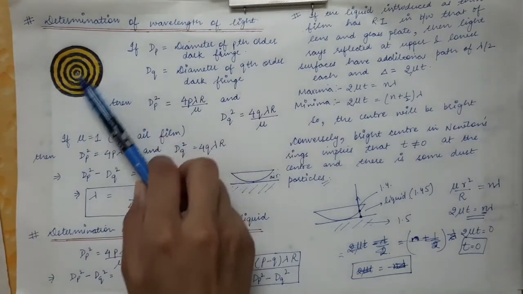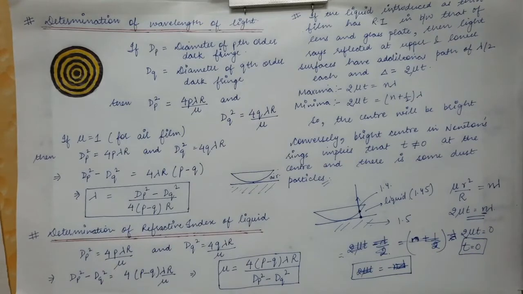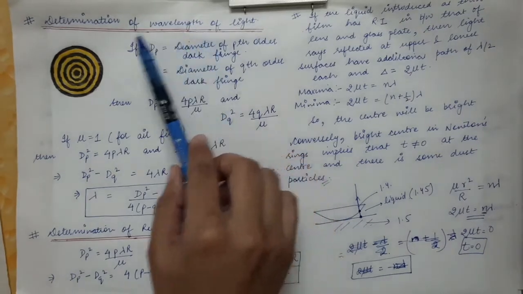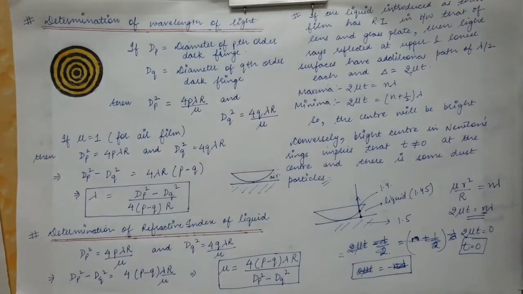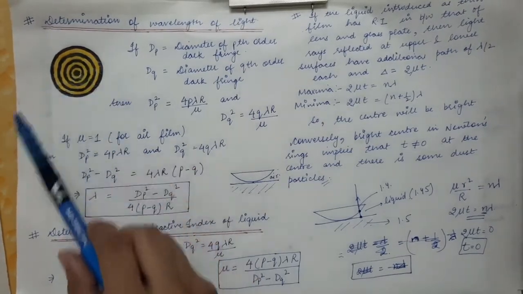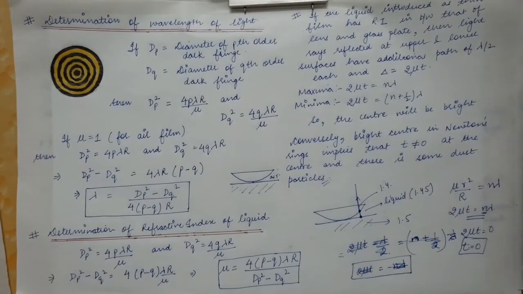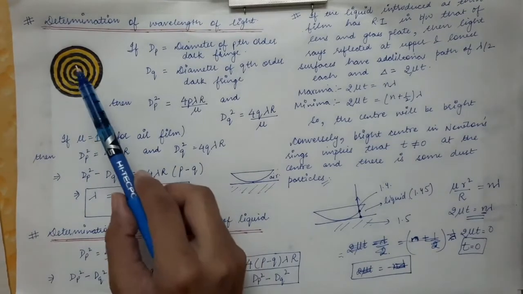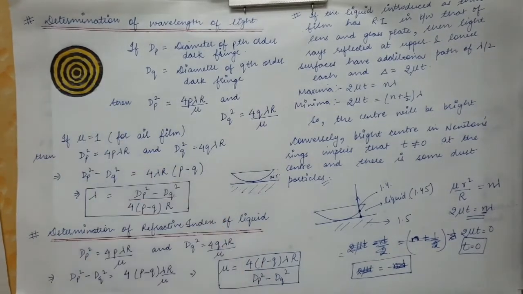These fringes will be easily obtained in the case of Newton's rings, and we want to find the wavelength of the light that produces them. What we have in hand is just the Newton rings formed in the experiment. So what we can find is the diameter of these circular fringes, because they are observed with the help of